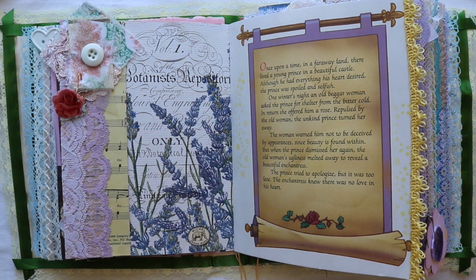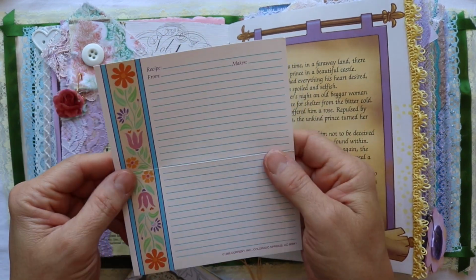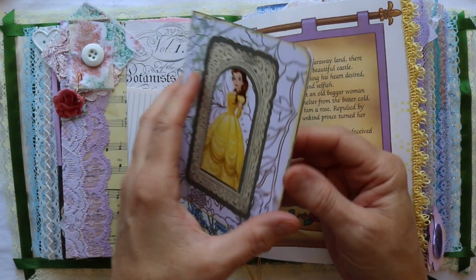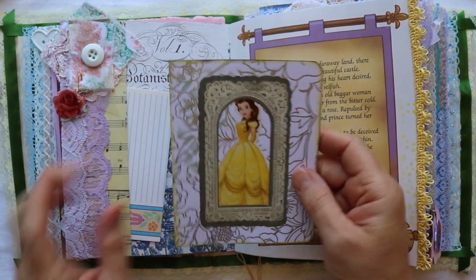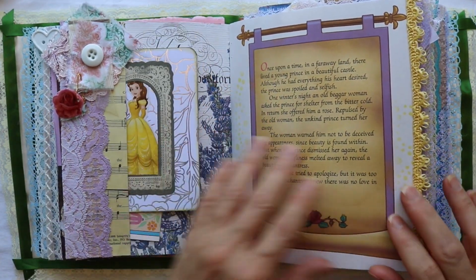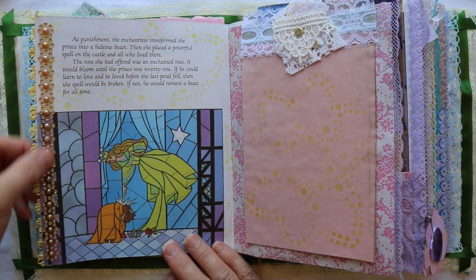This is paper napkin. This is a vintage recipe card. And this is just a tag that I made using some leftover scrapbook paper and a sticker of Belle. Oops, this is one of the book pages that I've embellished with lace. This one I put some little